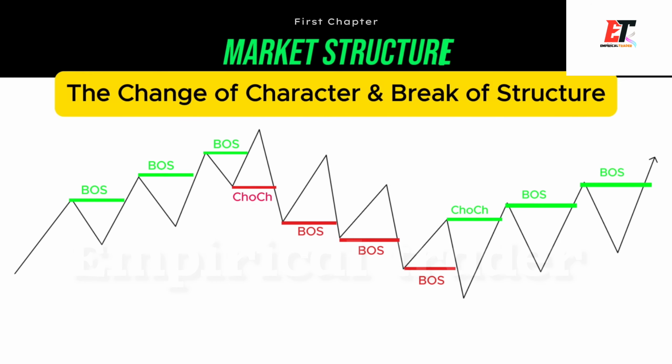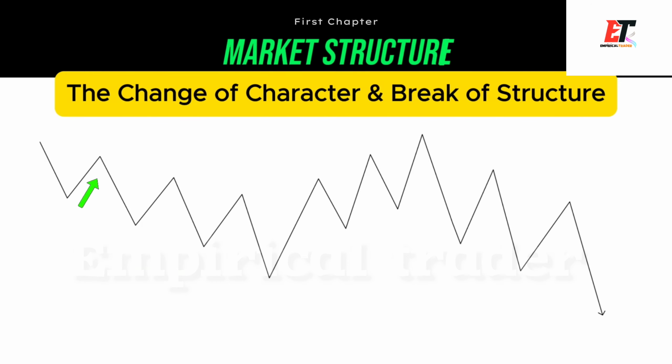Now from the downtrend, price going down, pullback to the upside, breaks the lows and prints a bearish break of structure. Pullback to the upside, break of the lows, bearish break of structure, and it keeps going until it breaks the lower high, which creates a higher high, and it maintains above the lower low by creating a higher low. This is change of character. And if price breaks the higher high and still maintains above the last low, it basically confirms the bullish break of structure that has shifted the market trend from a downtrend into an uptrend,